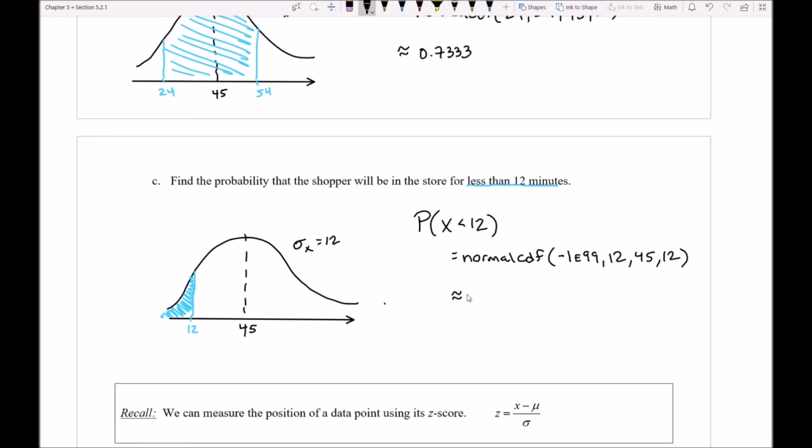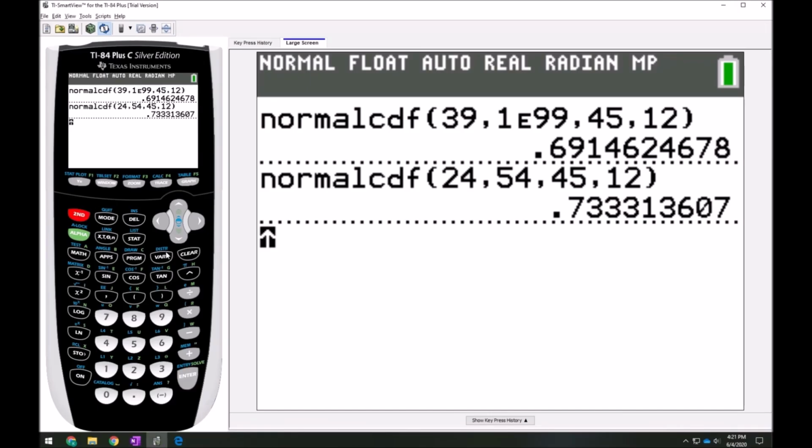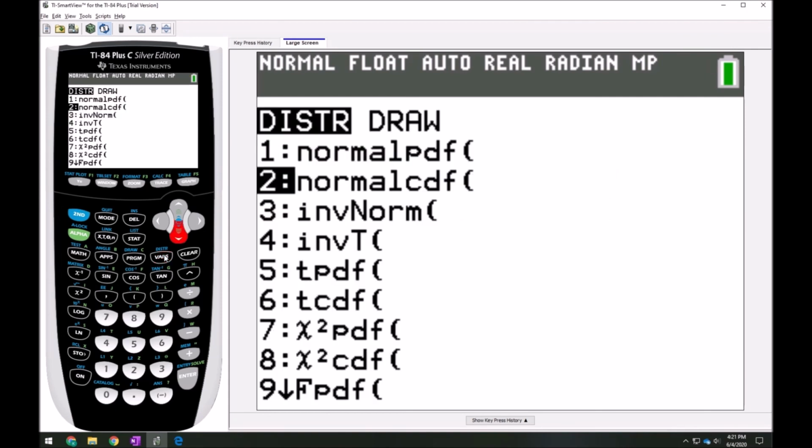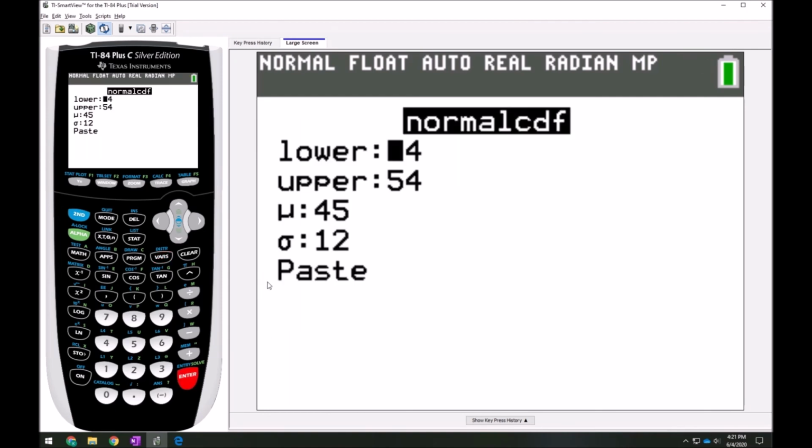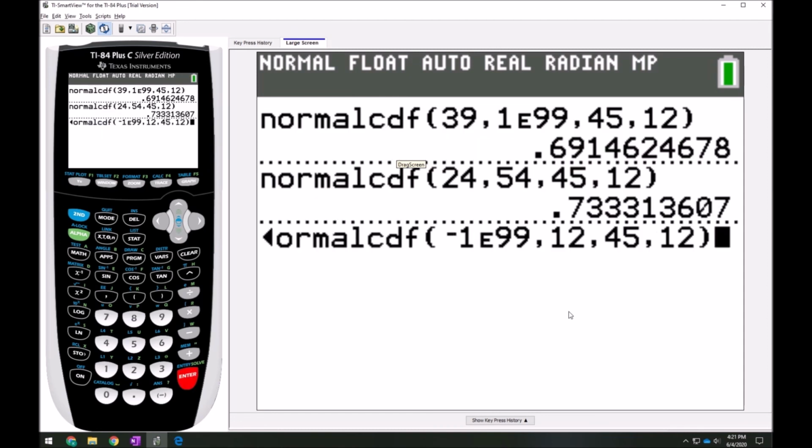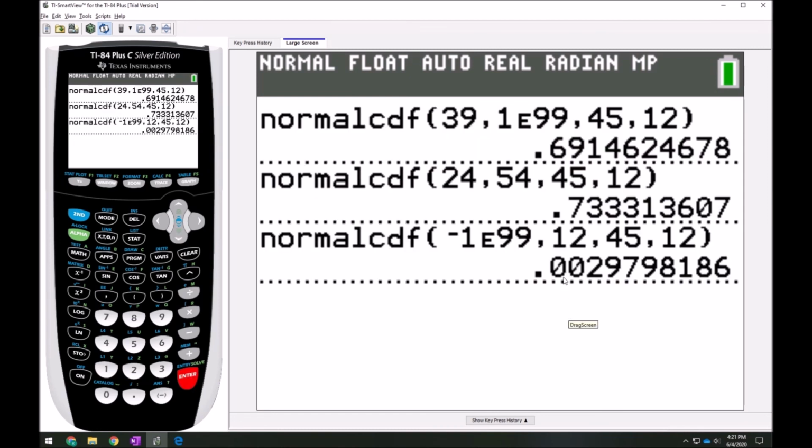If I go ahead and type this into the calculator, you just have to make sure that you're careful about one thing. Remember that whenever you want to insert a negative here, you're going to get an error if you click this minus sign. So don't do minus 1E99. If you go ahead and paste and try to enter that, it's going to throw an error. Instead, over this symbol, you want to click your negative sign. It's going to make it a little bit smaller up there. That's what you're looking for. So notice now I have everything in place. And if I hit enter, I get my value of